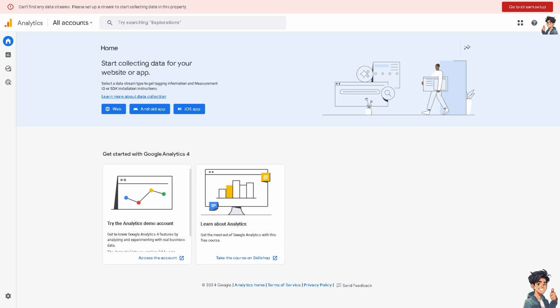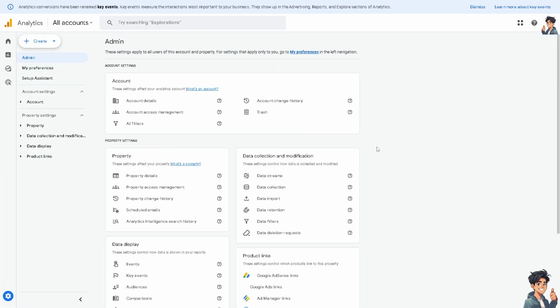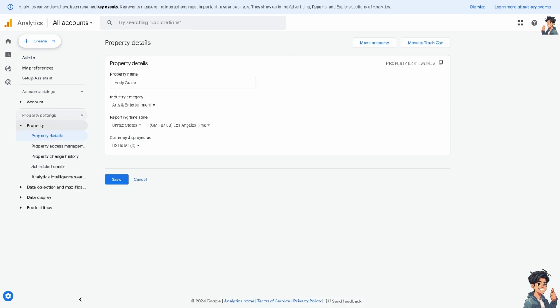Now, in this case, once you have logged into your account, I need you to hover to the cog icon setting in the bottom left corner where it says admin. Once you click that, you will be forwarded here in this admin settings, and all you have to do is go to the property and click on the property details. All right. Now in here, this is where you can delete a Google Analytics